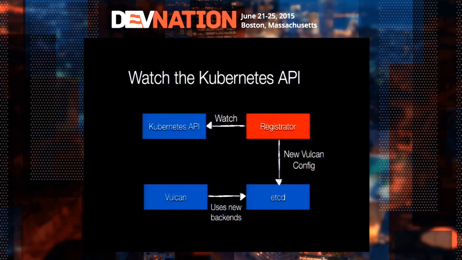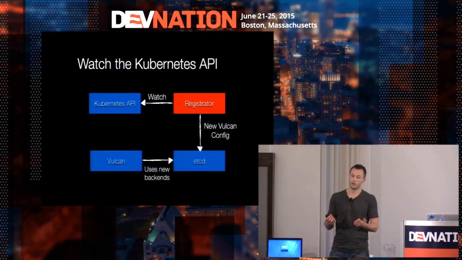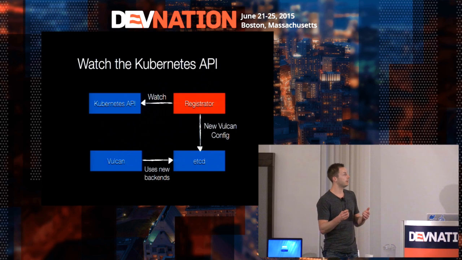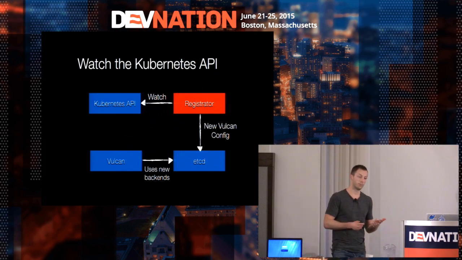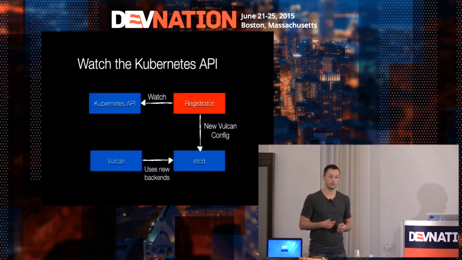Well, for that we introduce another tool outside of Kubernetes. Let's call it here in concept a registrator, and I have a more concrete tool in a minute. What we do is have a process running, and that process is watching the Kubernetes API. It's actually a feature of the Kubernetes API. We can put a watch on the API, and we can, for example, say, I want to be updated of all changes to pods. So every time a pod disappears or a new pod is started, I will be getting a callback, and I can execute some code.